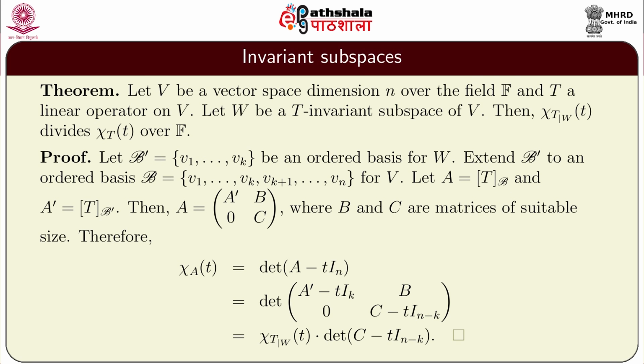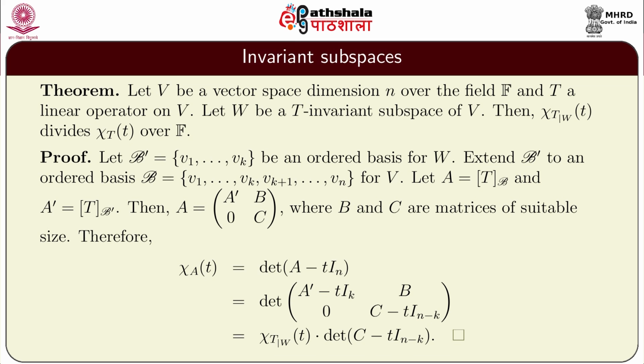Therefore, in the bottom right corner the matrix C has to be of size n minus k. And now if we compute the determinant, then it is the characteristic polynomial of T restricted to W multiplied by determinant of C minus t I n minus k. Therefore, we have proved that the characteristic polynomial of the restricted operator, that is T restricted to W, divides the